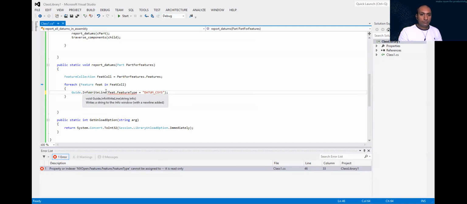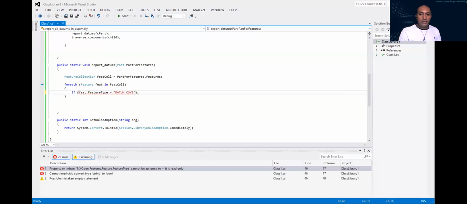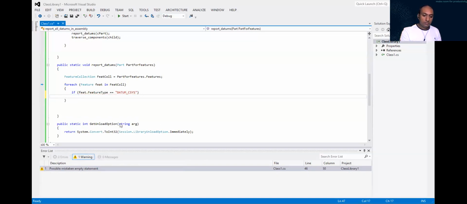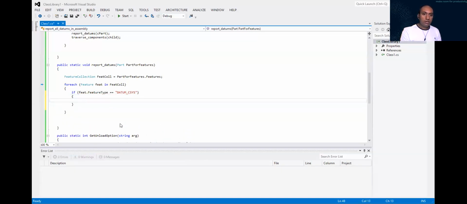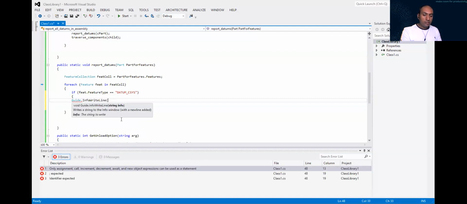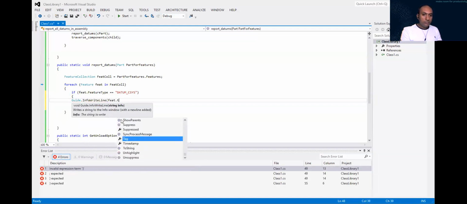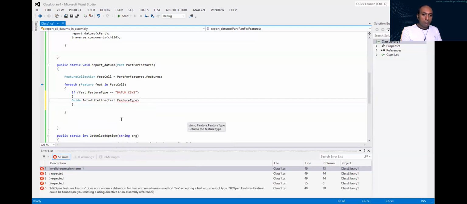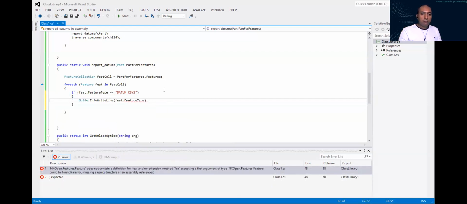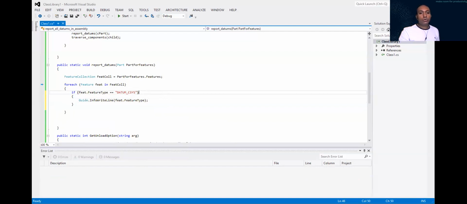So if datum feature type matches the datum coordinate system, matches means we have to use a double equal sign. Okay, if this matches, then guide dot info write line, into bracket, feature dot feature type. I can use the feature type to show in my information. This is how I can do it. And then